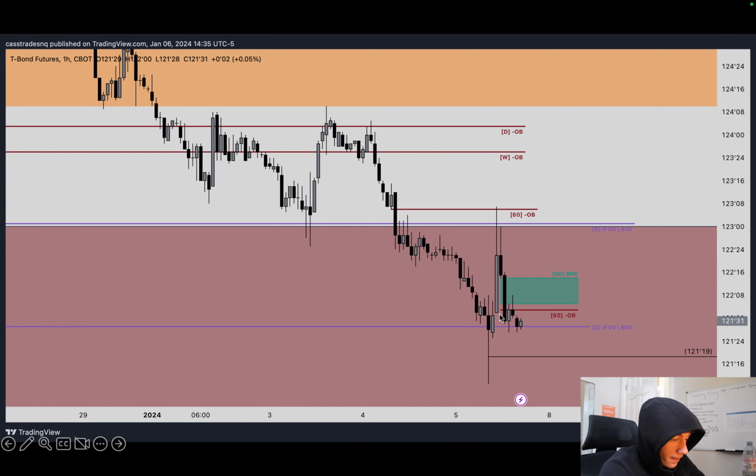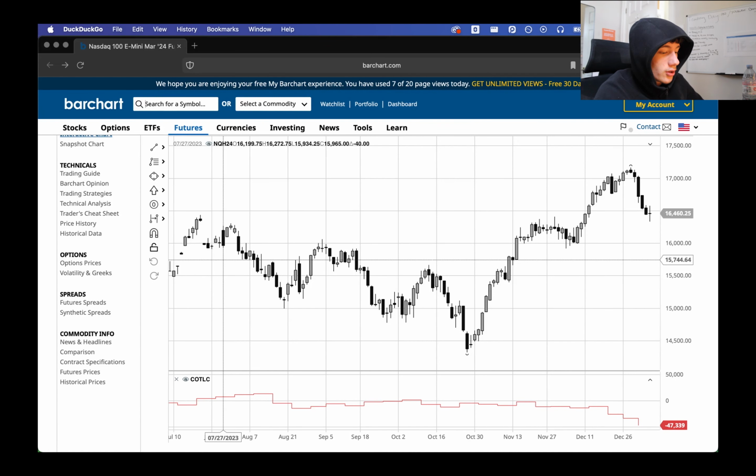See what happens. Okay, so now what I'm going to have a look at is the commitment of traders reports, which came out on Friday, and we're just going to have a look at them for a couple different pairs because this is one of the main things driving my bearish bias right now. So here you see on the Nasdaq, last week's commitment of traders report had reported, I think it was 30,000 or 26,000 or something, short positions on the commercials, and then this week we've got almost 50,000, which is like a 2 to 3 yearly low of net positions. So that's one of the things mainly driving my bias at the moment on Nasdaq.